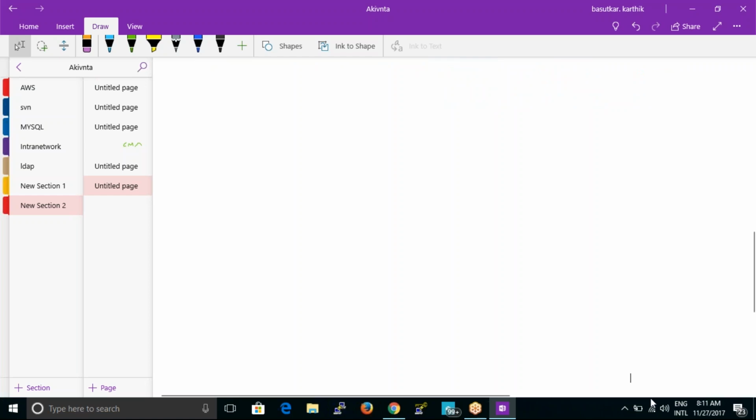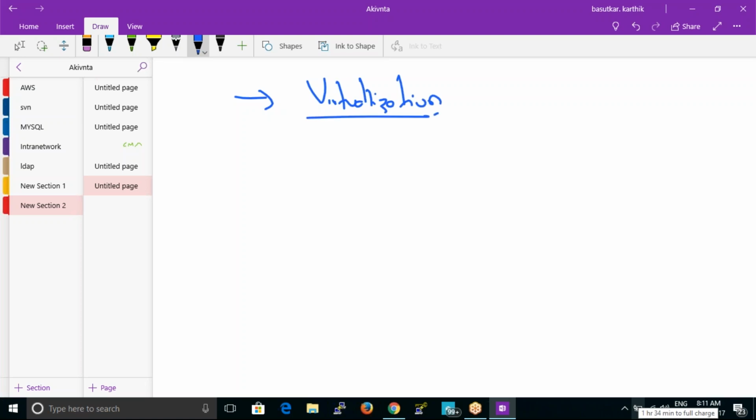As this is the first day, I don't want to go much deeper technically, so I'll just start with virtualization. Even before talking about virtualization, we'll talk about